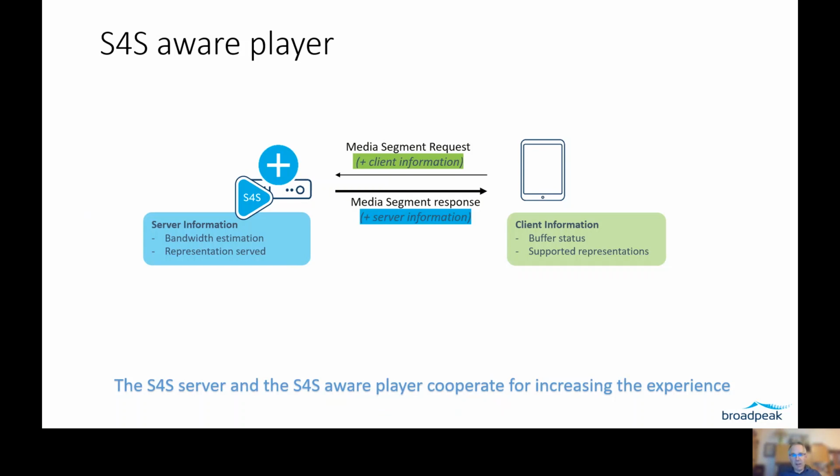So at any time the server is a master, right? At any time the server can just let the clients, the players, keep running and keep control of the session. And at any time it can take the hand again and force the player with its own representation selection, right? It's a master of the game, but it can also let the player run if it's